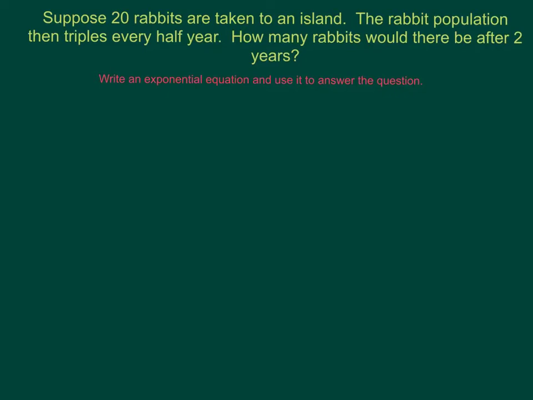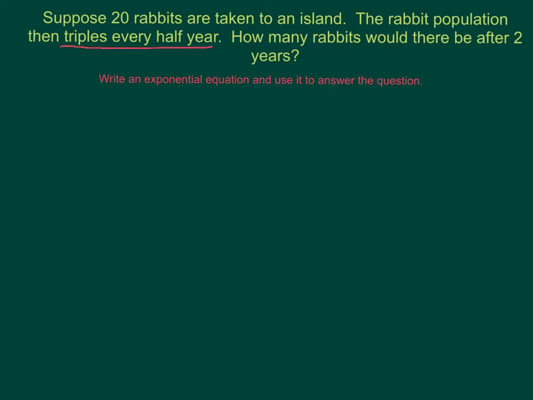Now we have a story problem involving exponential growth. It says, suppose 20 rabbits are taken to an island. The rabbit population then triples every half year. And then how many rabbits would there be after 2 years? So I think this is a scenario that you could easily figure out,